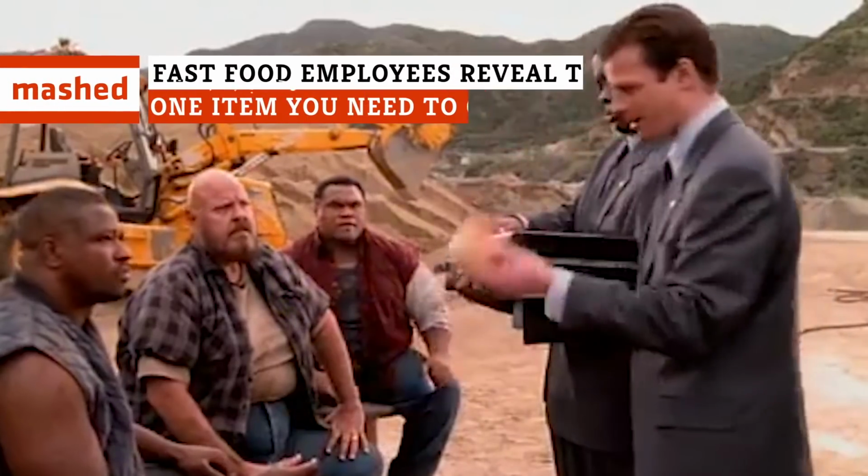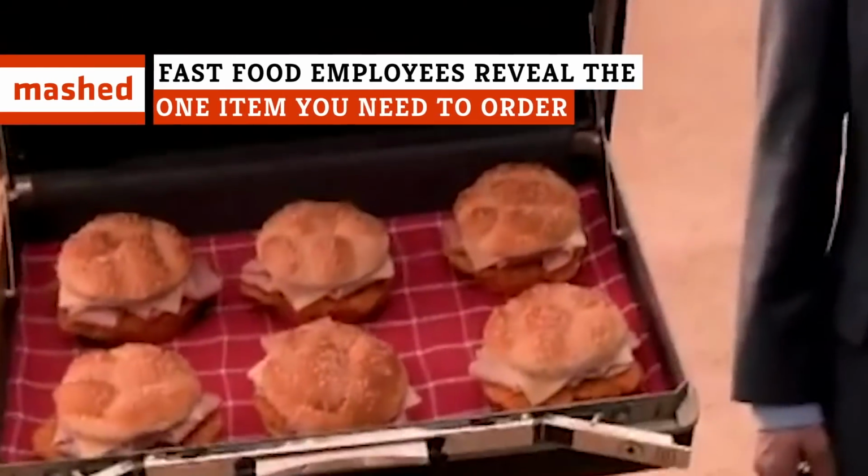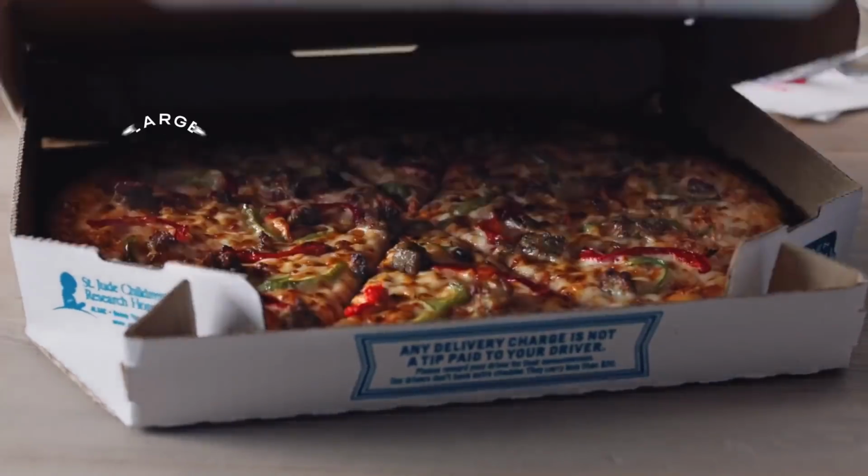If you need a satisfying meal that won't break the bank, fast food joints and fast casual chains are the ticket. But with fast food comes great danger and mystery. Where could Frank go to get mysterious meat? What can you trust? Well, according to fast food workers on one Reddit thread, these are the things you need